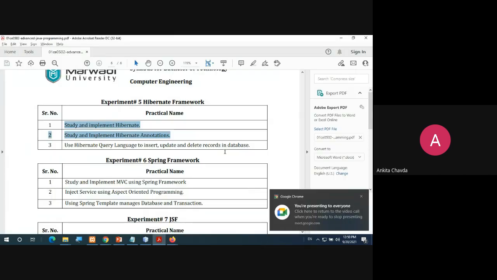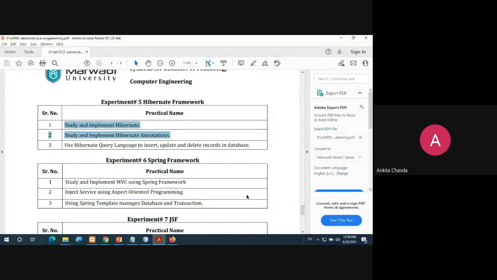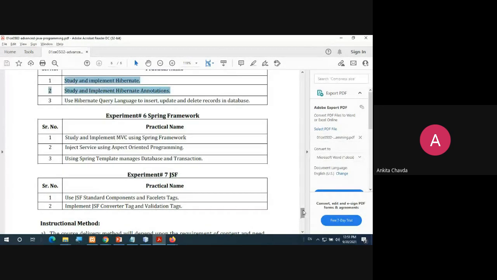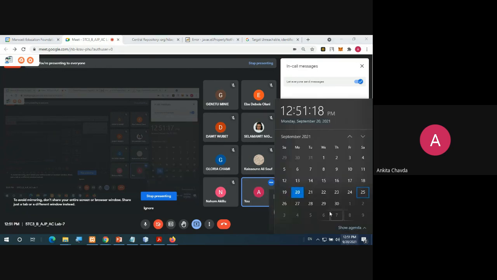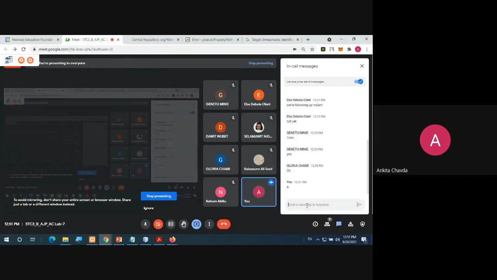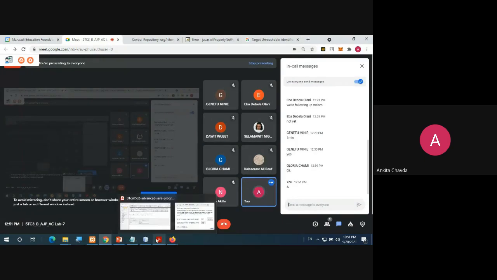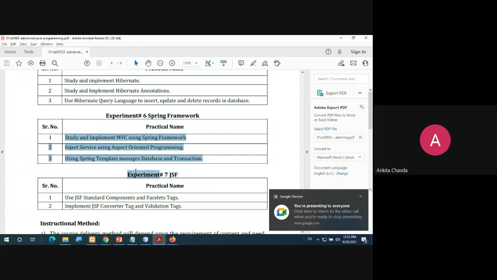And then Spring and JSF are the remaining ones. So what I'm planning to do is, you will be having the lab with the B batch. I mean, if this is the B batch, with the A batch students, on Friday. Sorry, on Thursday. On the 23rd, because at that time you will be having the reverse engineering lab, so you will be free, right? So you will join me on that date, and we will be able to finish this also.